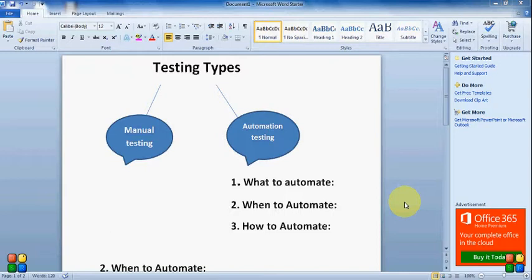So what is automation testing? Automation testing is also known as test automation. It takes place when the tester writes scripts and uses another software to test the software. This process involves automation of a manual process. Automation testing is used to rerun the test scenarios that were performed manually, quickly, and repeatedly.